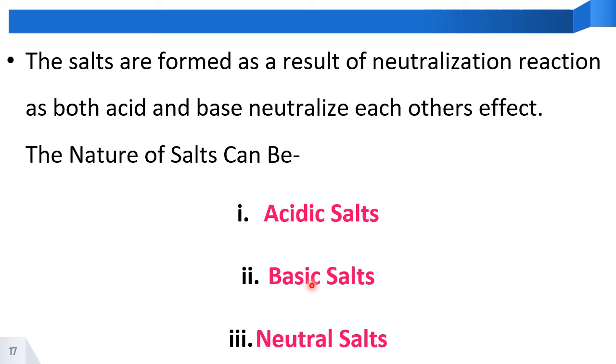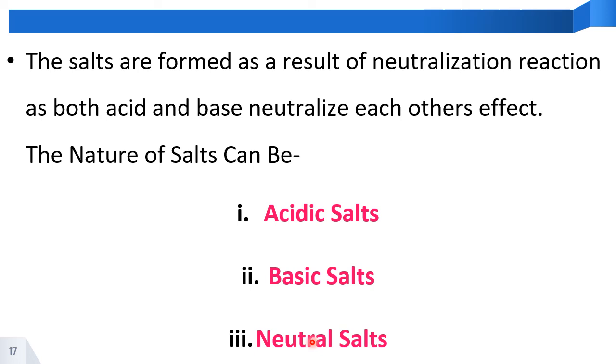And here, neutral salts. To get a neutral salt, we should take acid and base in equal strength. It is like a tug of war. A and B are going for the tug of war. A is strong, B is weak, A will win. B is strong, A is weak, B will win. If both are strong, equal strength, equal power, equal planning, then it will take a lot of time to decide who is the winner. That time it is called a neutral result.